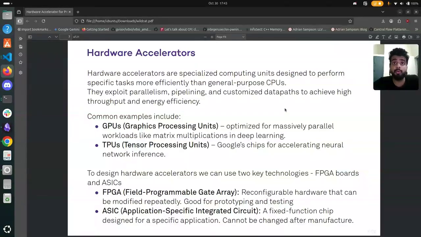So we can design our own hardware accelerators to speed up the CKKS scheme. This is the core idea. So that when we perform the encryption, decryption, and all the other algorithms, it will be much faster than performing on regular CPUs. To design hardware accelerators, we have two key options. One is FPGA boards, and second is ASICs. So, what is an FPGA board? An FPGA board is basically reconfigurable hardware, so that it can be modified repeatedly. So once you design your chip and you design all the algorithms that you want to implement on your chip,